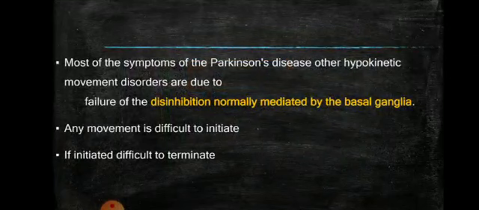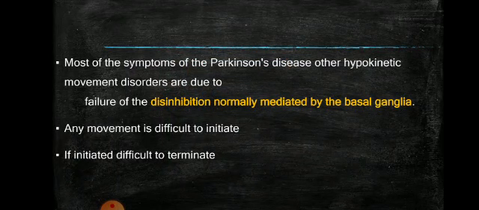Now, most of the symptoms of Parkinson's disease, this hypokinetic movement disorder, are basically due to the failure of the disinhibition, which is normally mediated by the basal ganglia. So, in Parkinsonism, or when the nigrostriatal pathway is damaged, there is difficulty to initiate any kind of movement, and if initiated, it is difficult to terminate. For example, when a person with Parkinsonism would want to walk, he is not able to